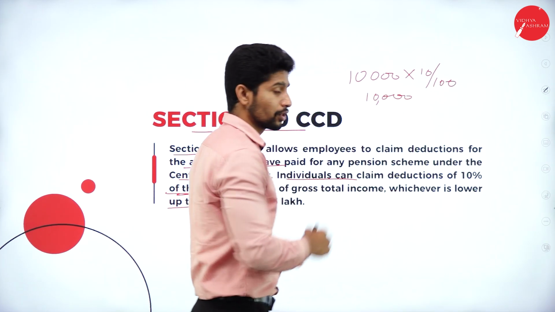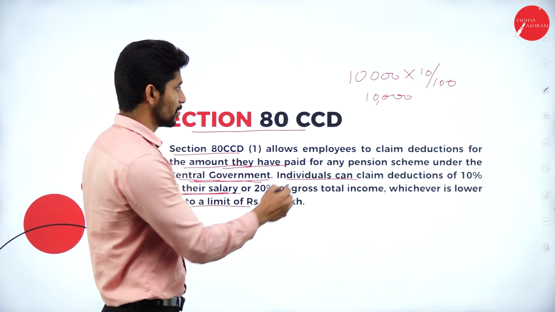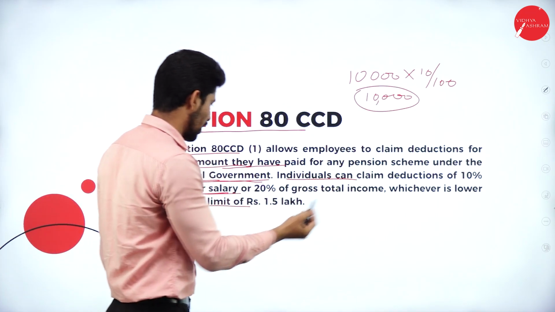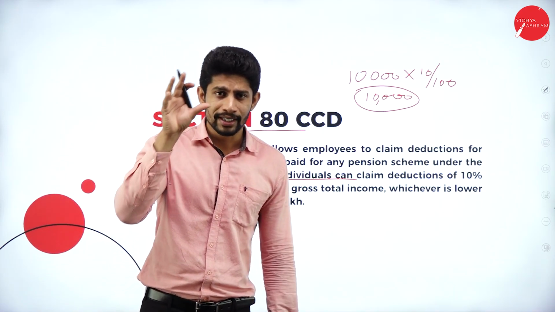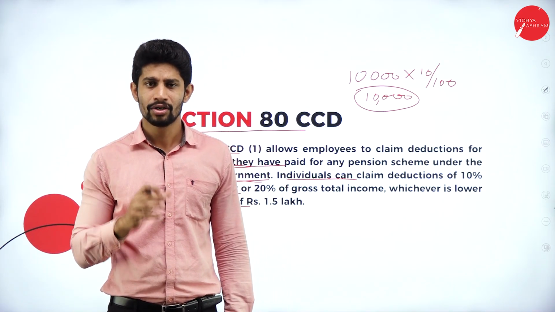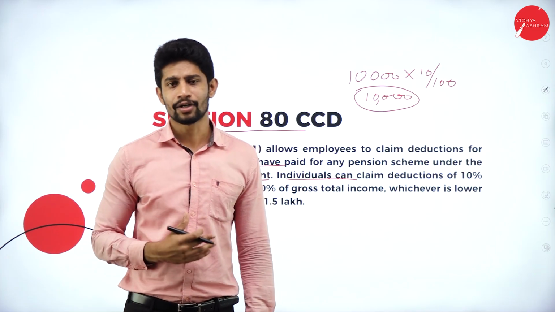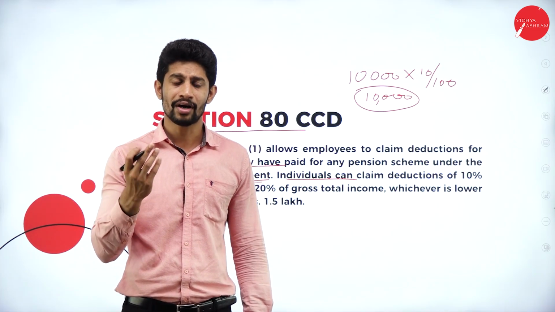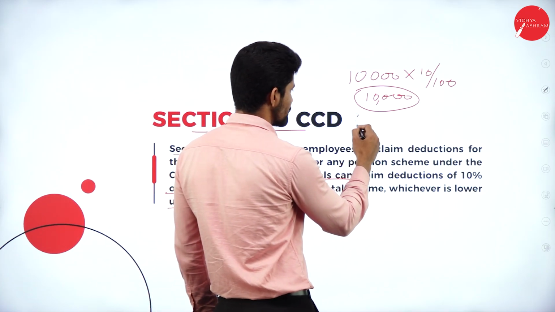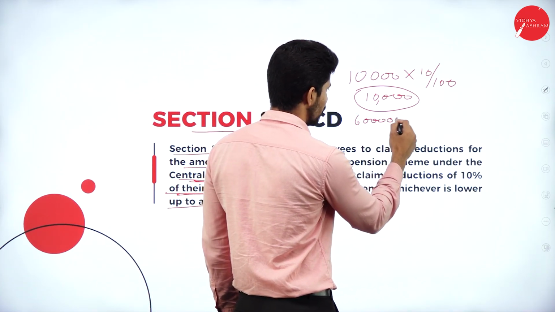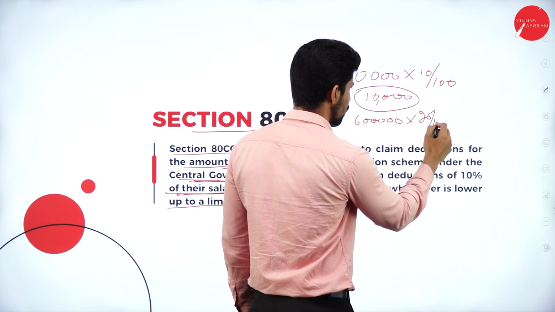Let us say every month you are investing 10,000. So this 10,000 they will take, or 20% of gross total income. That means the overall income for that particular financial year. Let us say you earned 5 lakh rupees, or 6 lakh rupees. So on 6 lakh, what is the 20%? If you compute 20%, we will get rupees